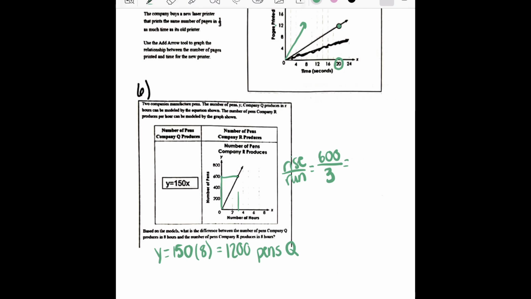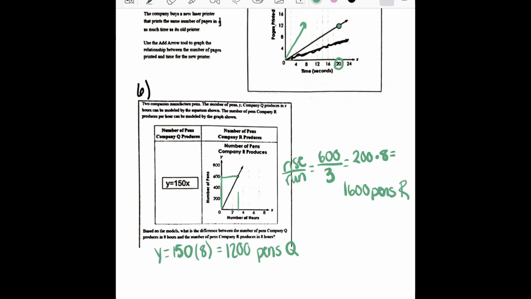So 600 divided by 3 is 200. And that's how many pens company R produces in 1 hour. So we want to know 8 hours, so we are going to multiply this by 8. And that's going to give us 1,600 pens